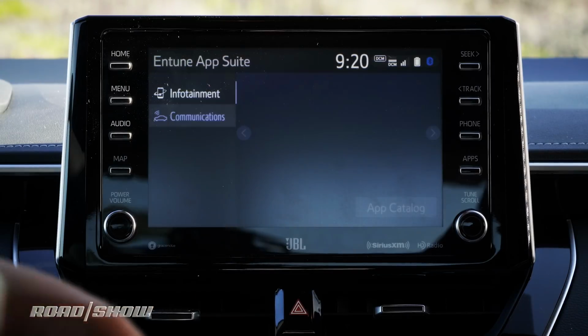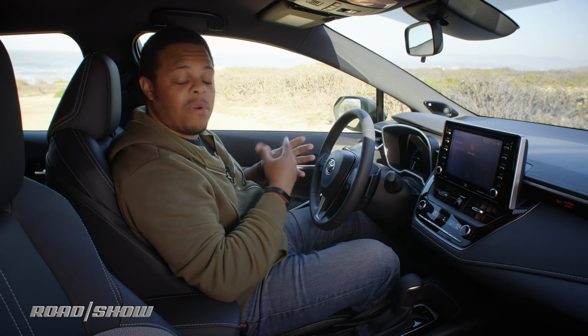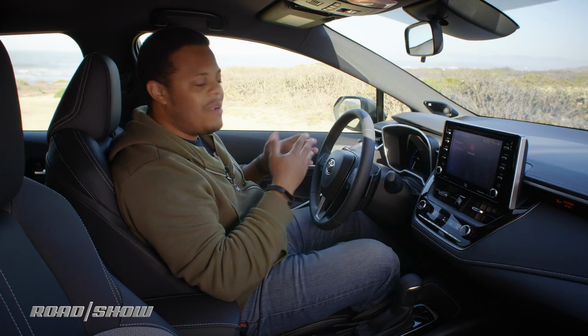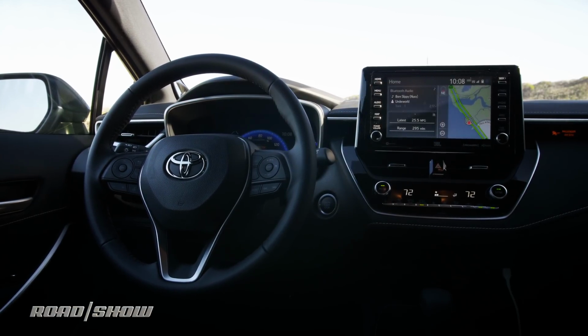I should also note that this generation of Entune also has the ability to connect to a 4G LTE powered Verizon network that's going to allow you to get data into the car for remote monitoring and things like that. Things like finding your car in a parking lot or making sure your door's closed if you leave it at airport long-term parking. So there's been your look at all of the tech in the dashboard of the 2019 Toyota